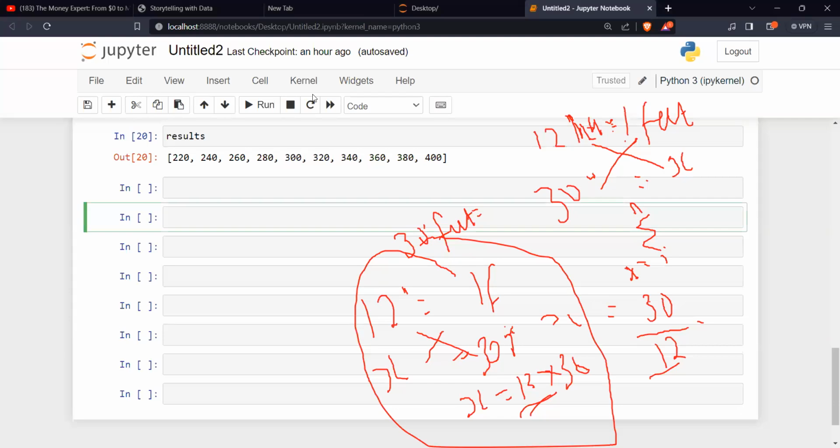So in that case, we now need to define the name of the function. What should we call the function? Feet underscore inches, feet to inches, like this, right?